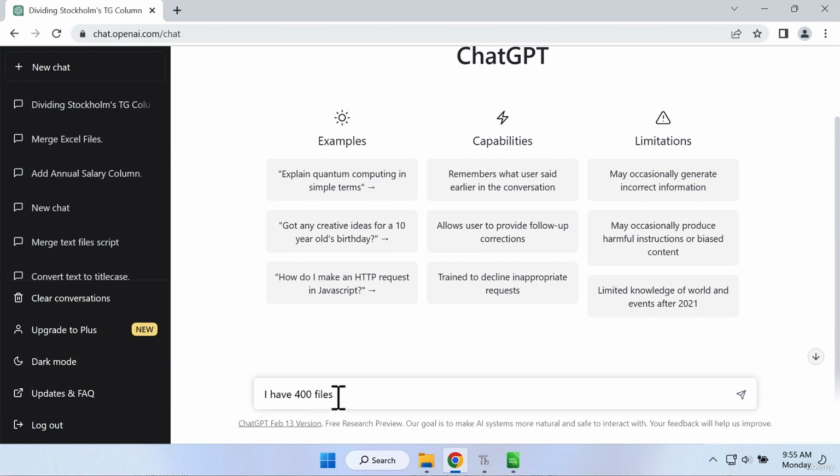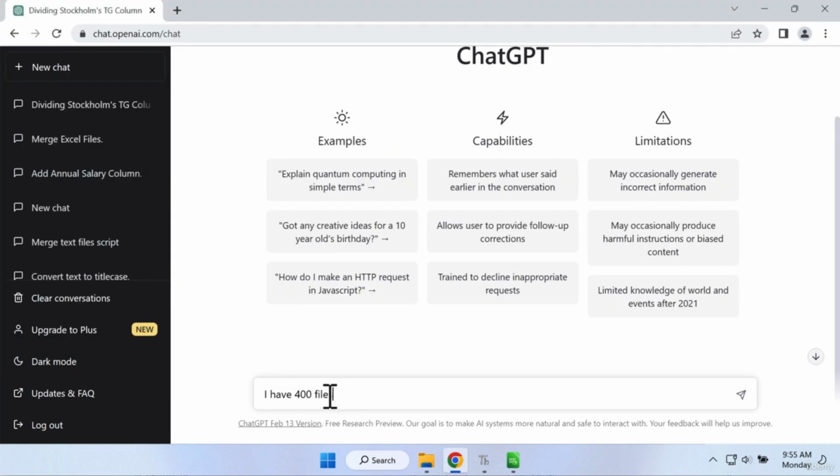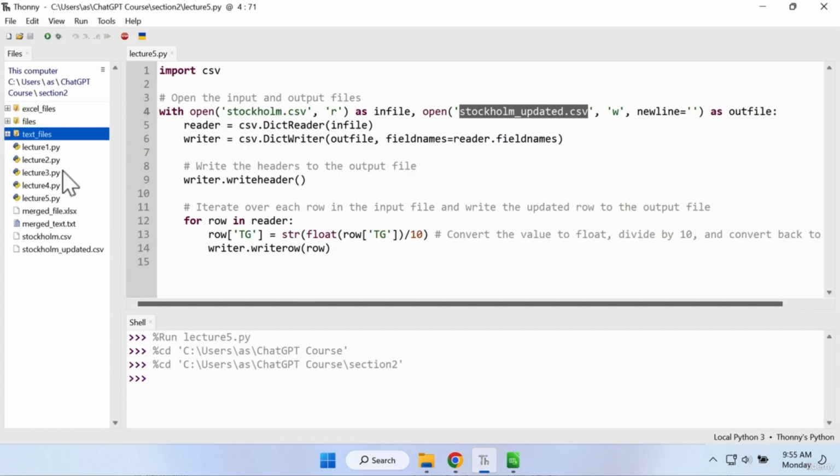You can say 400, you can specify the number or not. It's not really important, but it does make the query more explicit. So we do have 400 items here actually. So 400 items. So I'll just specify that. 400 text files in a directory named text underscore files. So make sure this reflects the name of your directory in Thonny. Lowercase